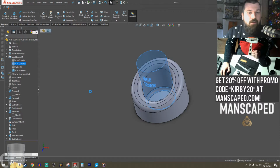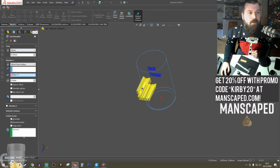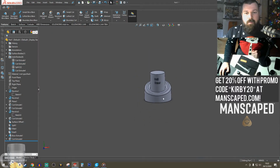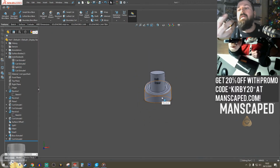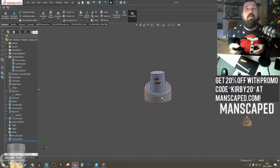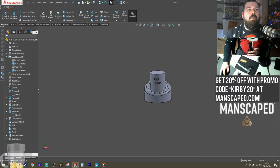So that there is my ball toner stand. You don't want to do that, we want to show it. The Manscaped Ball Toner Reviver. Little stand for that, which is basically themed off the stand that comes with the razor. Let's switch camera here. I just thought it would be cool to have little stands for all the other products that they come in